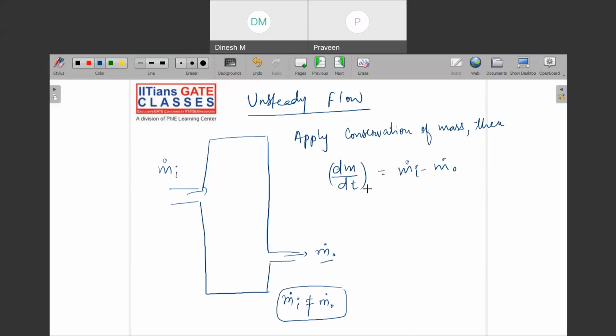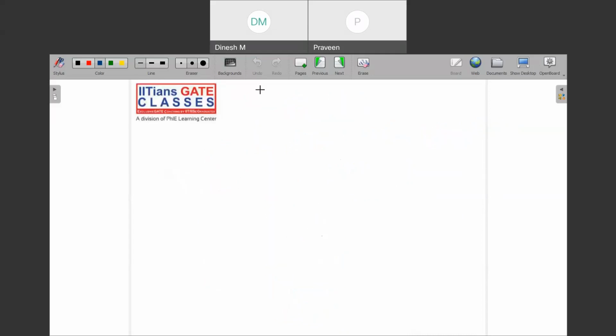Okay, and can I say that this is the amount of mass which is conserved? If this is equal to this one, then there is no mass conservation, right? Then all the mass is going outside. But if these two are not equal to each other, and there is some difference between those two, then I will say that there is some mass which is conserved in the system. Okay, then I will apply the energy conservation equation. See, this is the step by step way of how we analyze unsteady flow. Okay, then we will apply